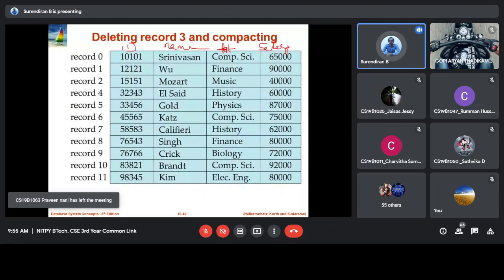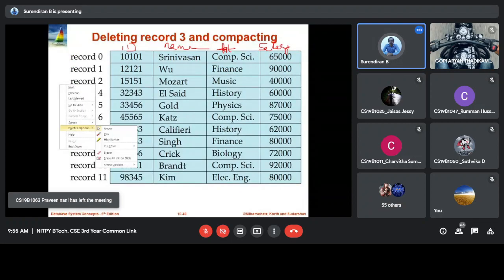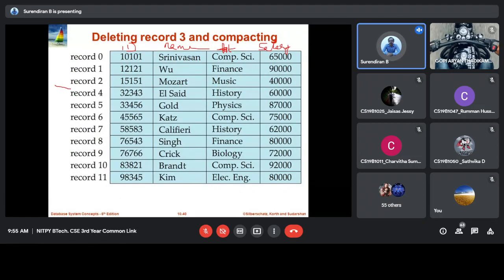One way is you remove that record from the file, and we have to compact it. We have to move record 4 to record 3's place and record 5 to record 4, like this. We have to move the records to the previous position. So each deletion will make all these records move one step before.